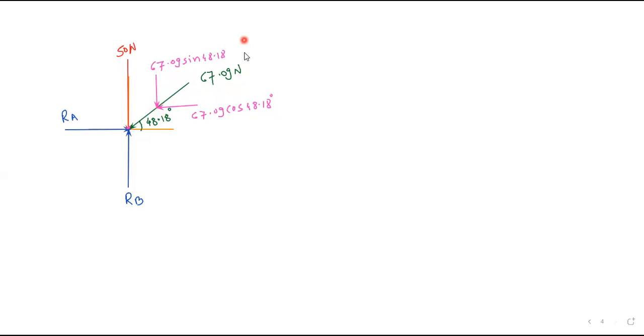Okay, so now if I apply summation Fx equal to 0, so our normal sign conventions, if the force is going towards right it is positive, if it is going towards left it is negative. So if I apply, then I will get RA minus 67.09 cos of 48.18 degree, which is equal to 0. Okay, there is no any other force. So if you solve this, you will get the value of RA. Let me know the value. What is the value of RA?